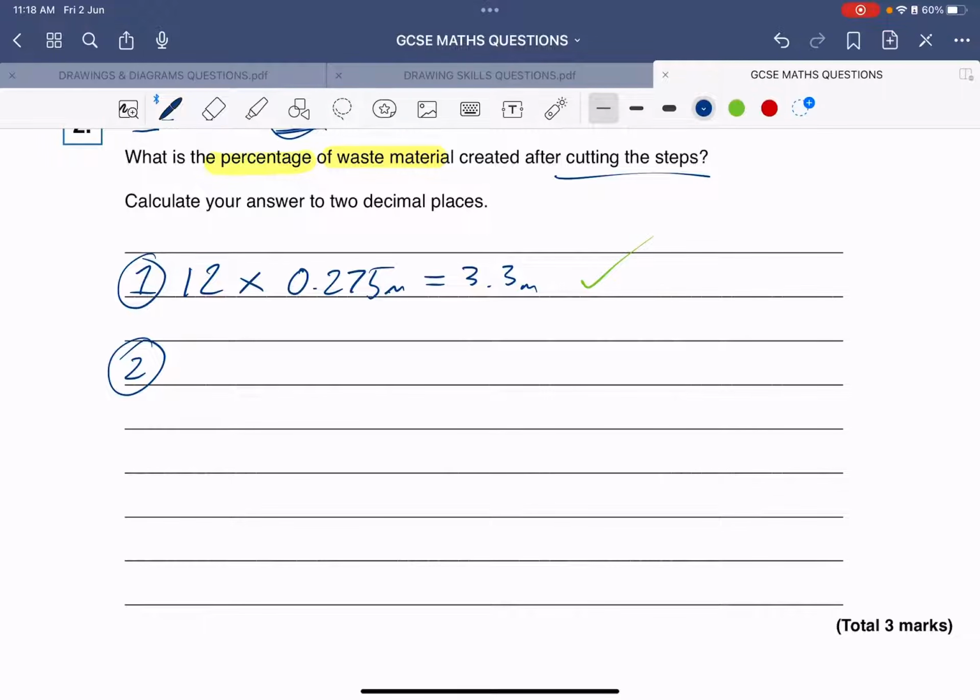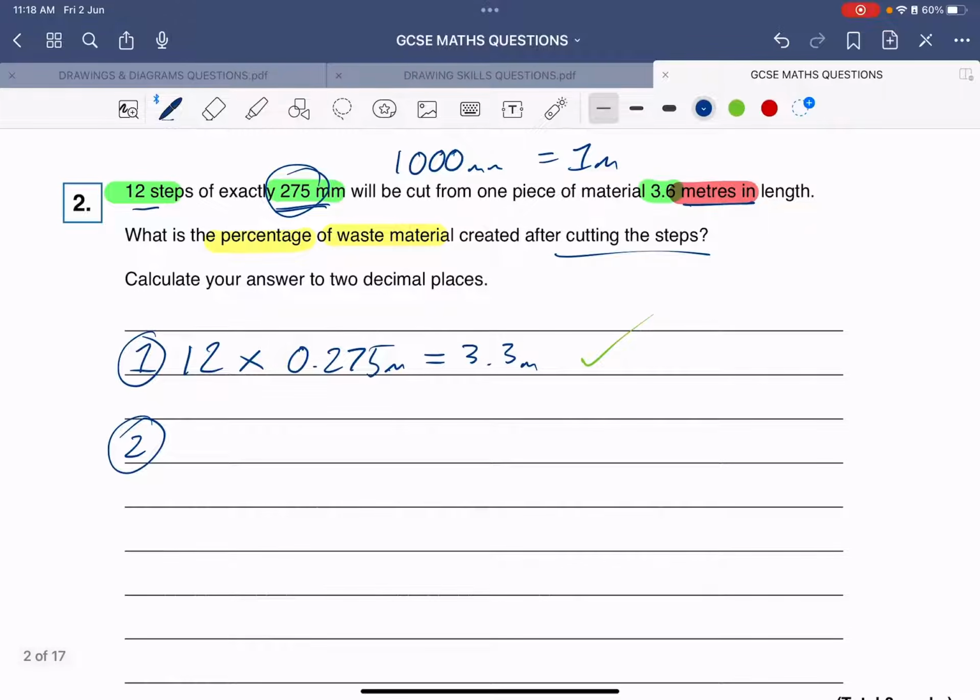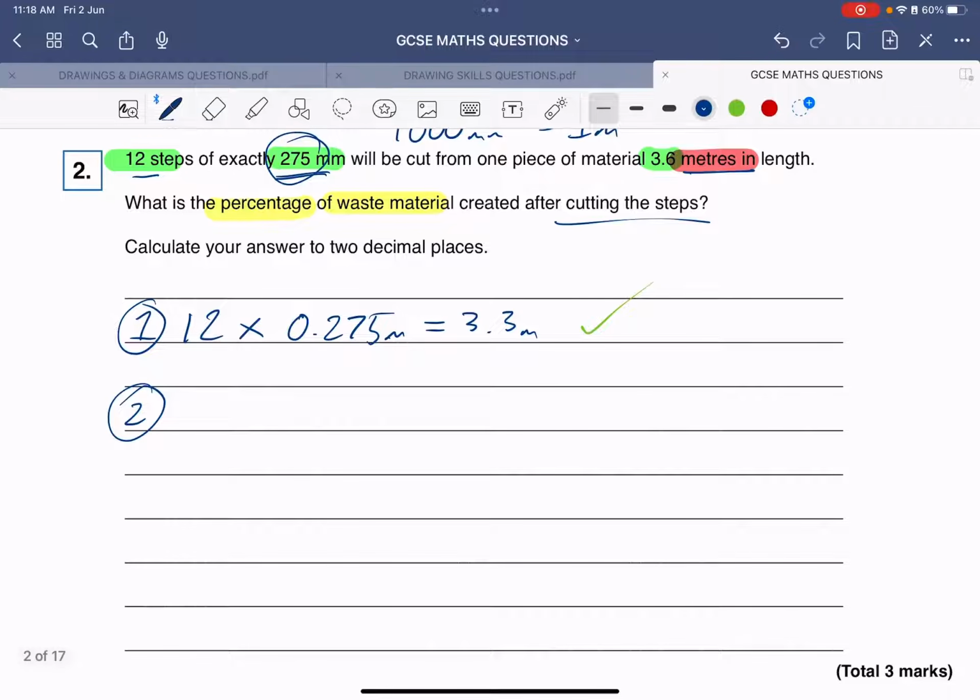Step 2. I wonder if you can figure out what to do next. That's the amount that we're using, and that's the amount that we have. So we need to subtract A from B. Sorry, other way around. We need to subtract B from A. So here we go. Told you I was bad at maths, didn't I? Goodness me. 3.6 minus 3.3 equals